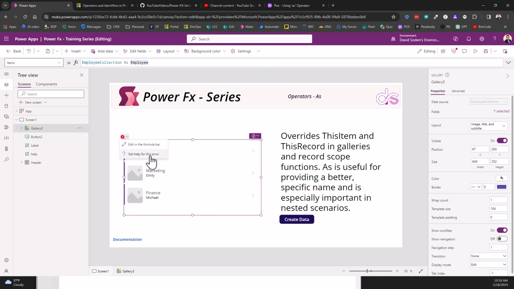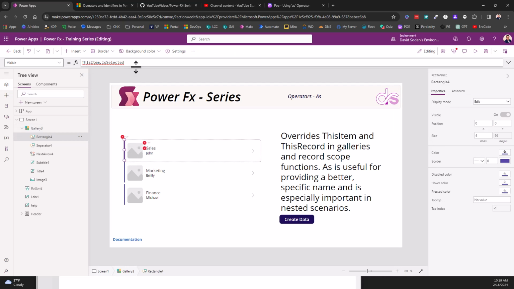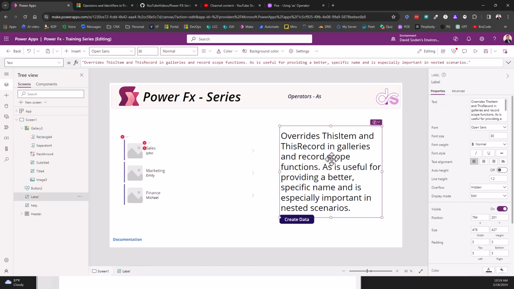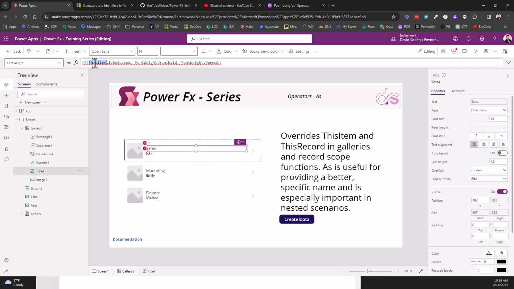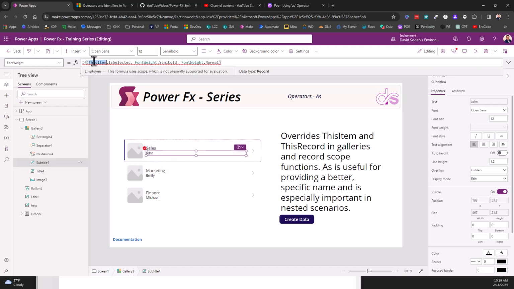and you might think, well, why am I getting the errors? Well, if I go and look at it, it's looking in the context of this item, but this item has completely changed. Now look at this text over here. When you use the as operator, it overrides this item and this record in galleries and record scope functions. Okay, so what that's saying is that once you use the as, you're going to have to go through and change this item or this record to employee for anything that you may have in code. So I'm swapping out, as you can see right now, this item for employee,